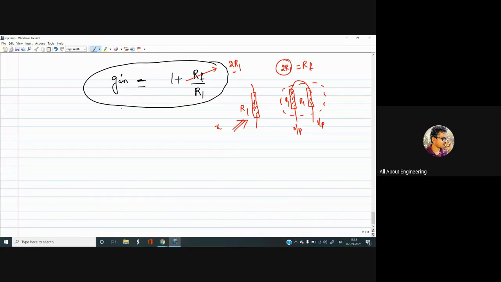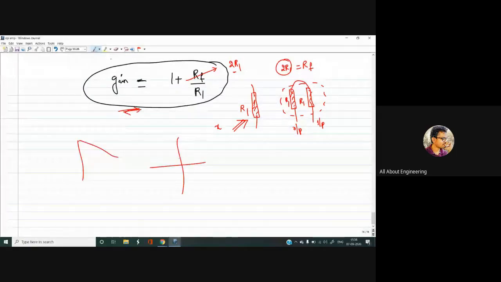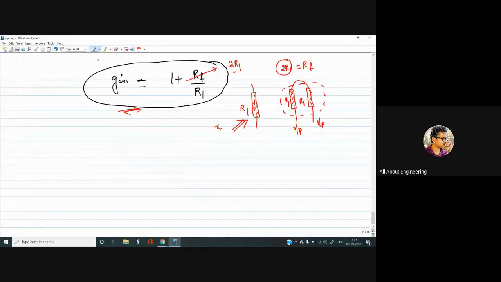So in total, you won't get much fluctuation in the overall gain of the closed loop amplifier. So finally, the characteristics would remain firm if you make the gain of the amplifier depend strictly on the passive components. That is the main advantage of making the gain depend on the passive components itself. Okay. So that is the first device, that is the non-inverting amplifier.